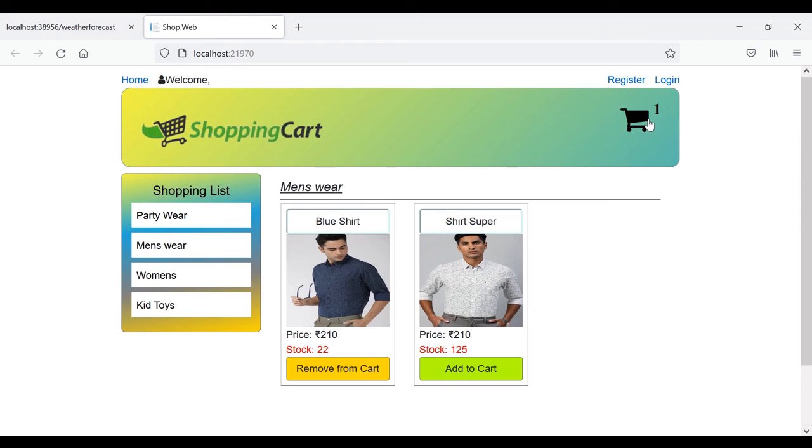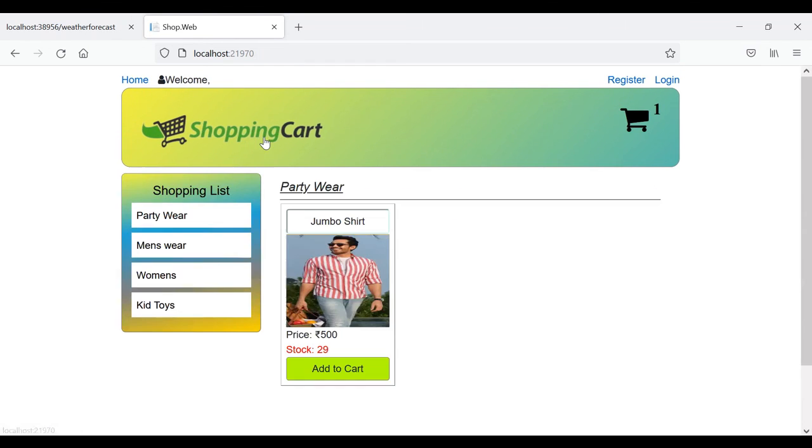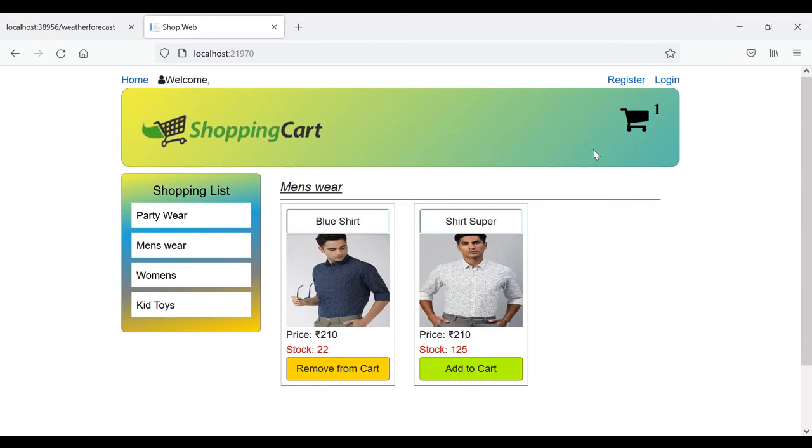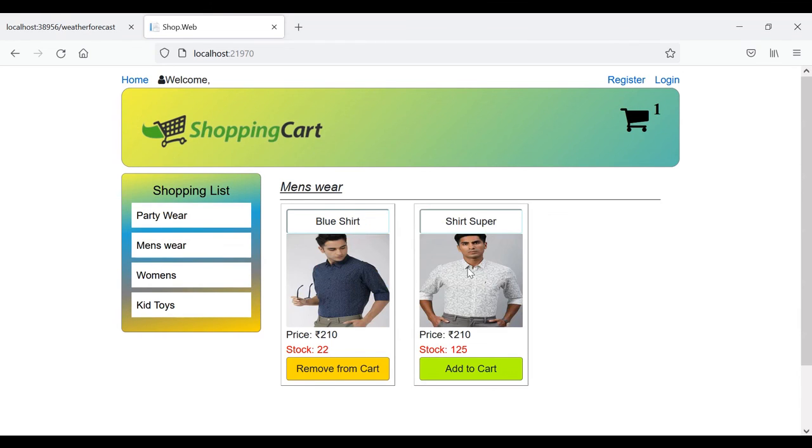Now the next part will be when the user clicks on this shopping cart icon, then he will navigate to my cart. So here in this cart, whatever products have been added from this page, we simply have to show them here, and if the user removes that particular product from the cart again, then this counter should get reduced, or he can increase the quantity. And the entire bill, the total actual bill of the product based on the product price, we are going to see in our next video. And after that we will be seeing the login and register